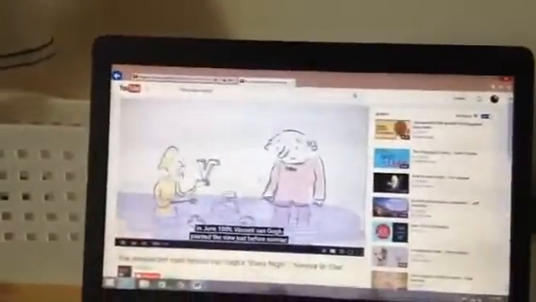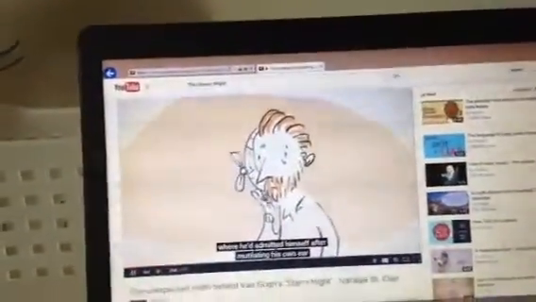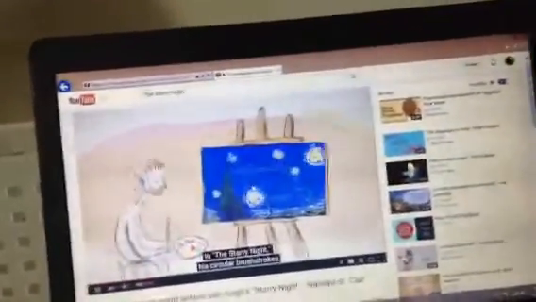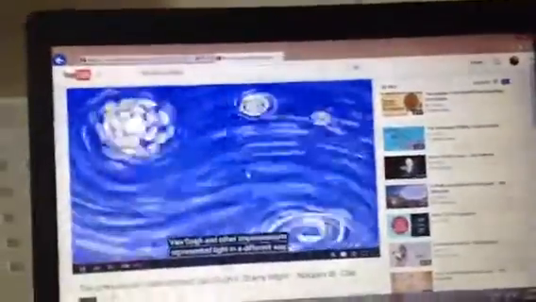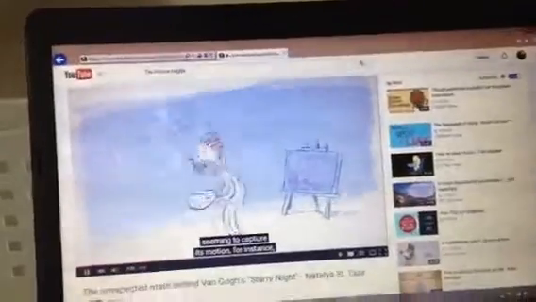In June 1889, Vincent van Gogh painted the view just before sunrise from the window of his room at the St. Paul de Mausole Asylum in Saint-Rémy-de-Provence, where he'd admitted himself after mutilating his own ear in a psychotic episode. Yeah. Ew. In the Starry Night, his circular brushstrokes create a night sky filled with swirling clouds and eddies of stars. Van Gogh and other Impressionists represented light in a different way than their predecessors, seeming to capture its motion,